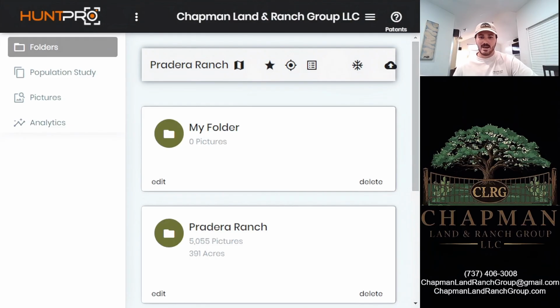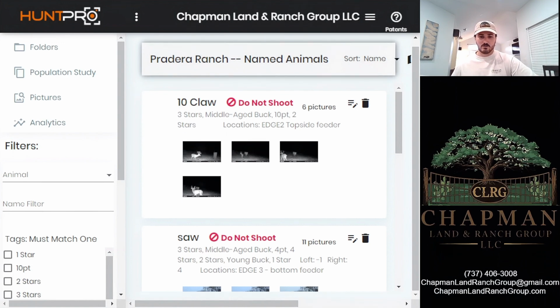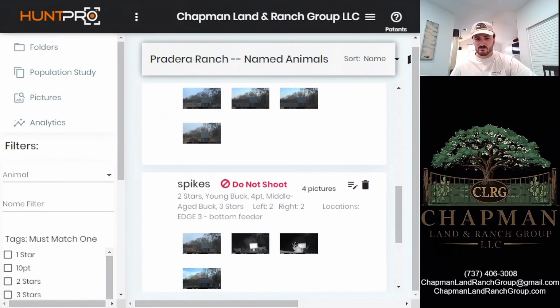From that, we'll come back off and we can go look at our named animals. These are going to be your bucks, your target animals. Right now, we have everything for this property listed as do not shoot, since we are obviously in the off season. We want to see what these guys turn into with protein feeding and whatnot as the off season goes on. But this enables you to go in and look at all of your named animals, all the information, the notes taken on them, different photos,